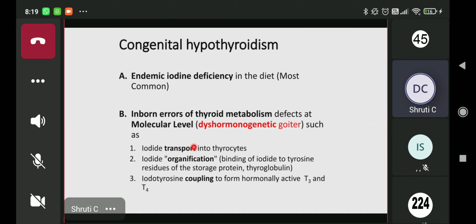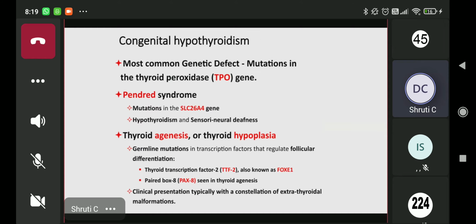One is iodide transport, or in the organification, that is binding of iodide to tyrosine residues, or in the coupling. If any of the steps is impaired, then the thyroid synthesis is defective, and it will lead to hypothyroidism. Okay. Congenital hypothyroidism, you should remember these genes: thyroid peroxidase gene mutation,